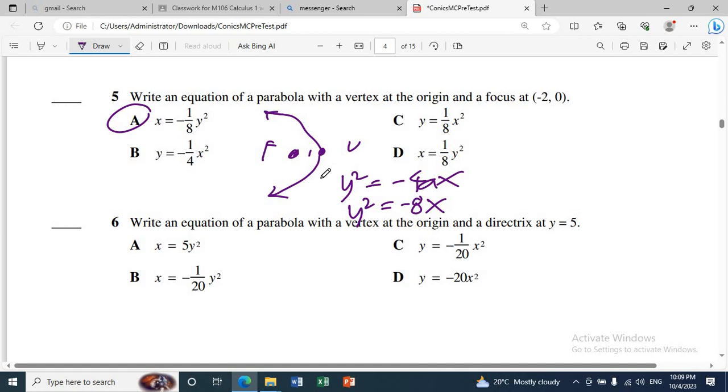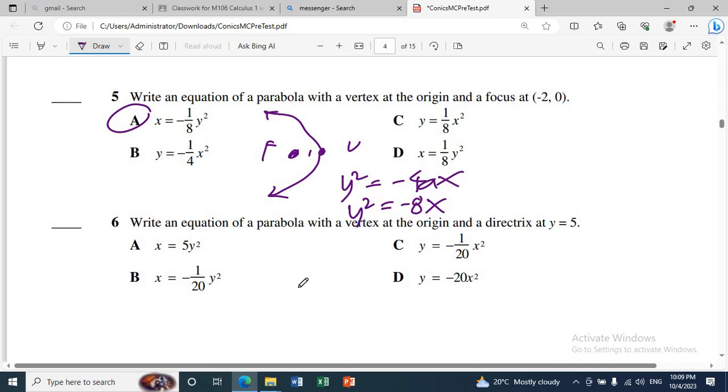That's the equation. Nire-write lang siya as fraction. Nilipat yung negative 8 sa coefficient ng y. That's number 5. Number 6, write an equation of the parabola with vertex at the origin and a directrix at